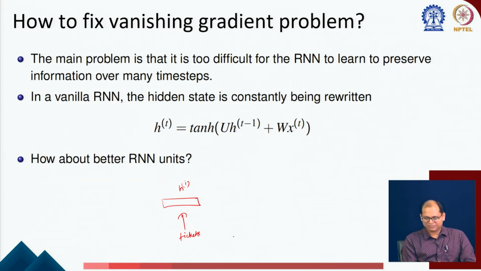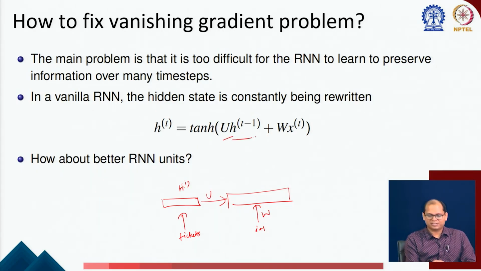At the next time step t plus 1, again a new word gets fed, and this gets multiplied by matrix W. So U times the previous state plus W times the new input computes the new state, and then you apply some nonlinearity, tanh. So there is a complete change from the previous time step h_{t-1} to